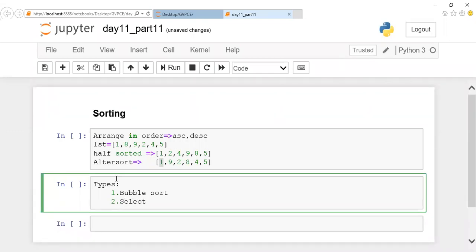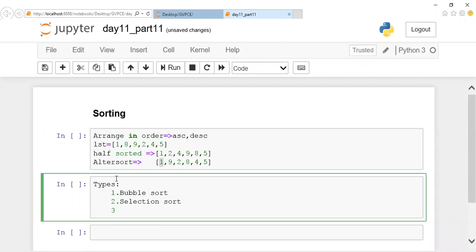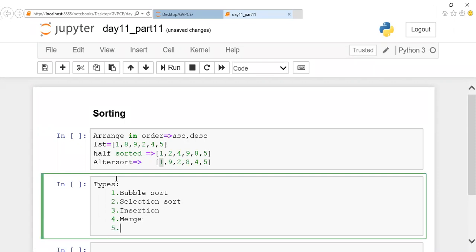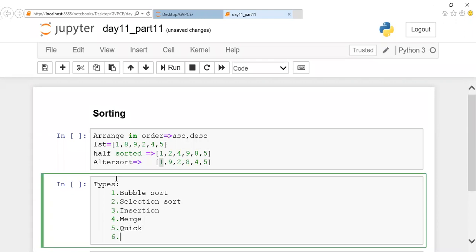Yes, Ramadevi, quick sort. Okay, then insertion sort, merge sort. We still have more sorts: heap sort, radix sort. We have multiple types of sorting. So let us see basic sorting. The first five sorting techniques should be very clear for you people.